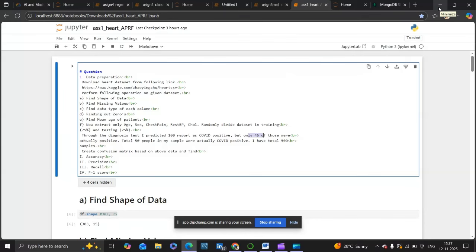Hi everyone. We are beginning with a practical series with LP1 practical. In LP1 we have two subjects: one is machine learning and the other is advanced database management system. So our first practical is of machine learning.